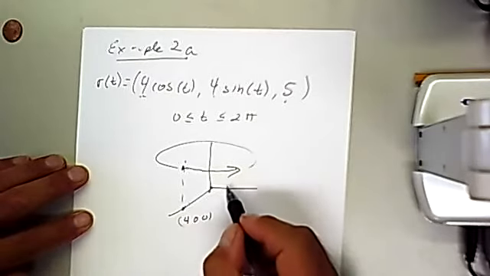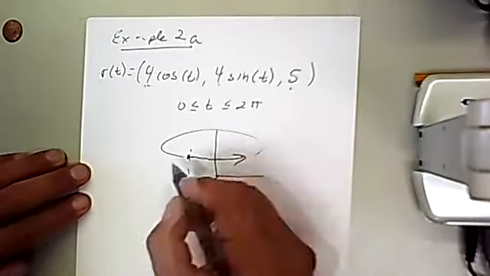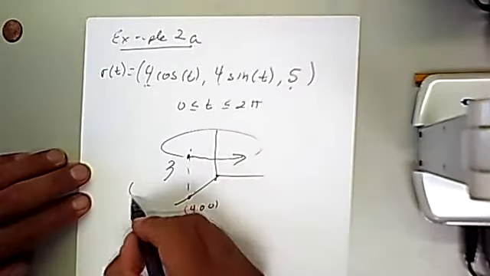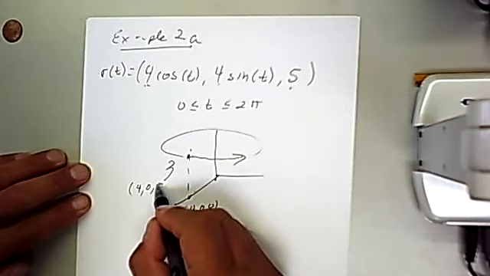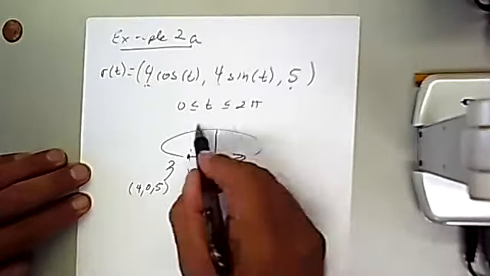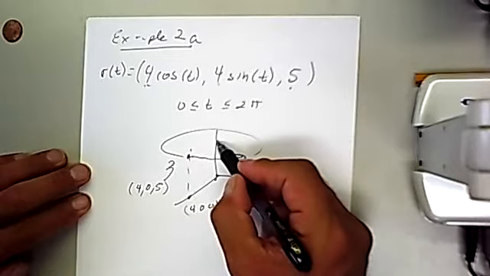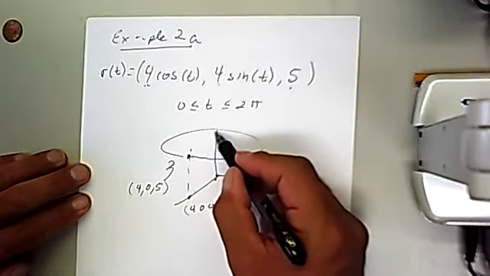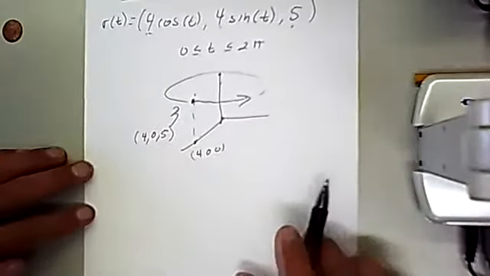And if we didn't know that, we will find out soon. So this point up here would be (4, 0, 5). And then we have a circle with center at (0, 0, 5). So the center would be here. And then we go around. So the derivative